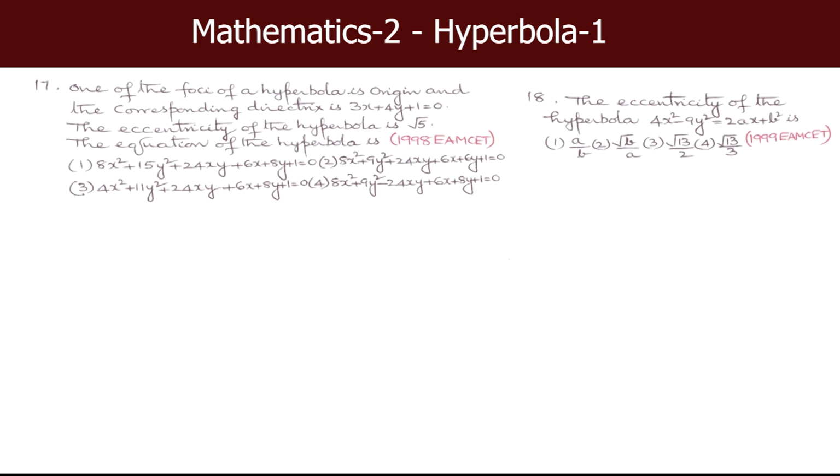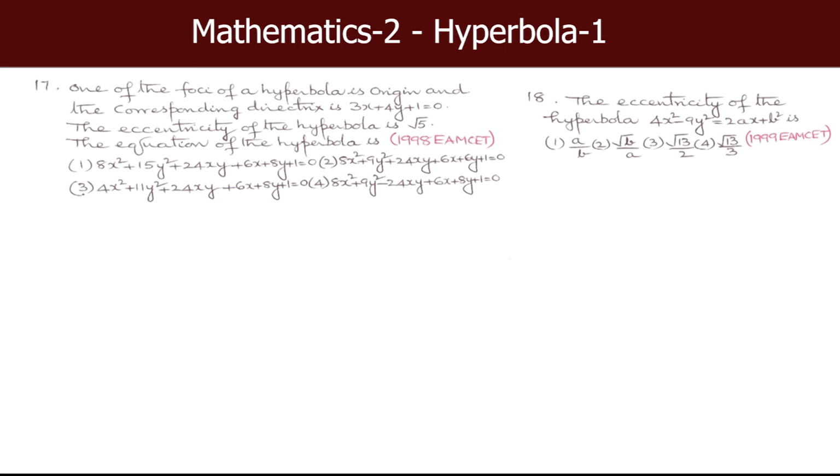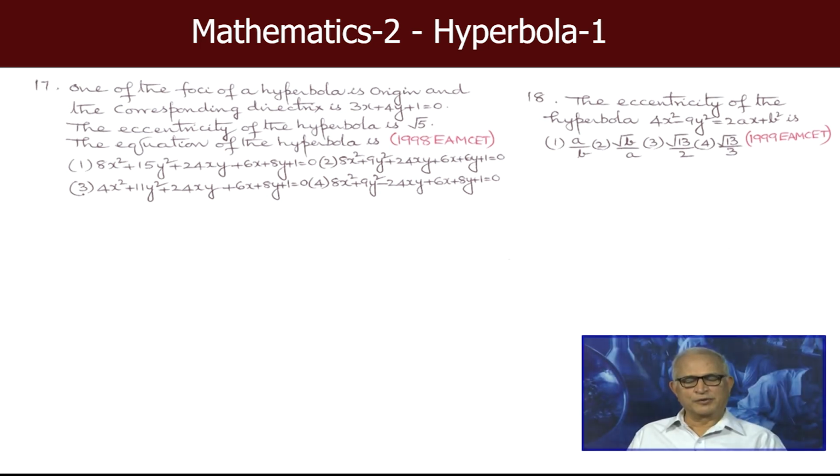One of the foci of a hyperbola is the origin, given that one of the foci of the hyperbola is at the origin, and the corresponding directrix, it's like a husband-wife relation in a monogamous society. బహుభార్యత్వం లేనటువంటి సొసైటీలో, అంటే ఒక మనిషికి ఒకే ఒక భార్య, ఒక స్త్రీకి ఒకే ఒక భర్త ఉన్నటువంటి సొసైటీలో భార్యాభర్తల సంబంధం ఎలాంటిదో, ఈ హైపర్బోలా ఎలిప్స్లో ఫోకస్కి డైరెక్ట్రిక్స్ సంబంధం, ఒక ఫోకస్కి ఒకటే డైరెక్ట్రిక్స్ సంబంధించిన ఫోకస్ అంటాం, ఫోకస్ సంబంధించిన డైరెక్ట్రిక్స్ అంటాం అనమాట. ఆ రకంగా ఒకదాని ఫోకస్ని ఇంకో దాని డైరెక్ట్రిక్స్తో మనం అనుసంధానం చేయకూడదు, తప్పది. సో ఆరిజిన్ ఒక ఫోకస్ అని ఇచ్చారు, దానికి సంబంధించినటువంటి డైరెక్ట్రిక్స్ అంటే నీతిరేఖ 3x ప్లస్ 4y ప్లస్ 1 ఈక్వల్ 0, ఎక్సెంట్రిసిటీ ఈక్వల్